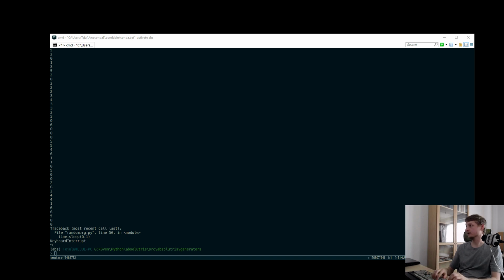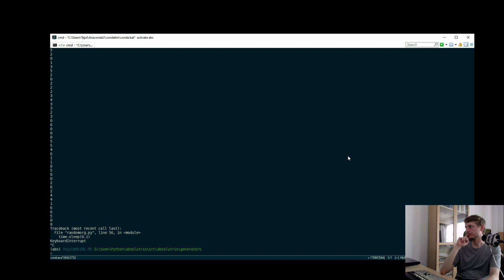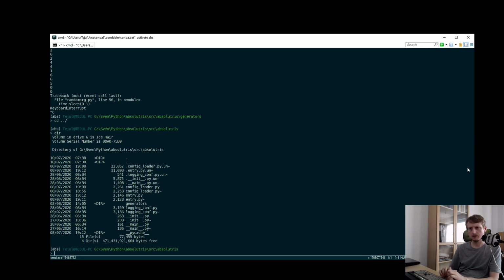Why is the log file not written? This is strange. Why didn't it write in the log file? I don't know. Yeah, maybe because my logger is not set up properly. Anyway, I think it has something to do with this entry.